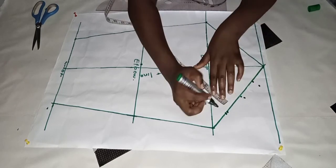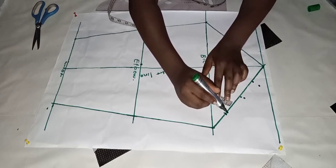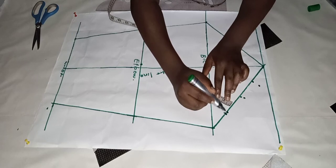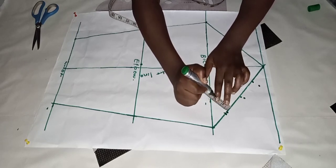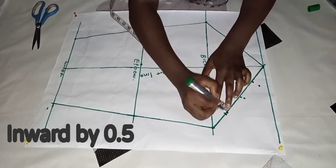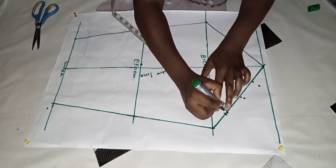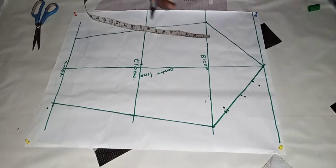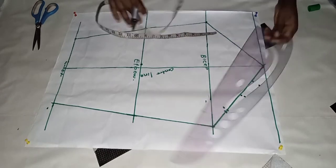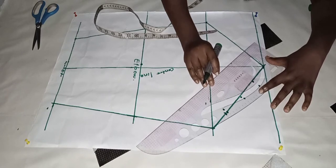So we come to this third point. This one, we go inward by half inch. So this is it. So from there we create our sleeve head. So from this point,